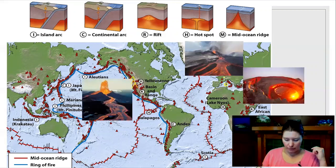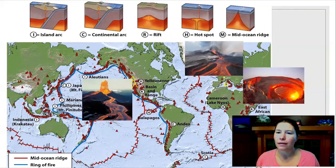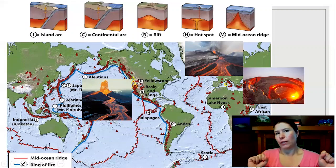And oh, okay, cool. Sorry. A few of these different places. A good example of hotspot volcanoes. I have a few pictures here. No. Oh, sorta. Okay. To introduce next week to you,